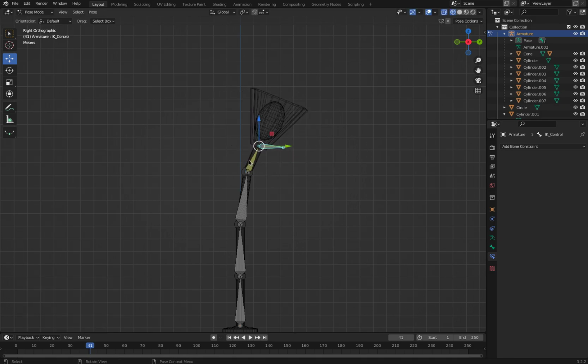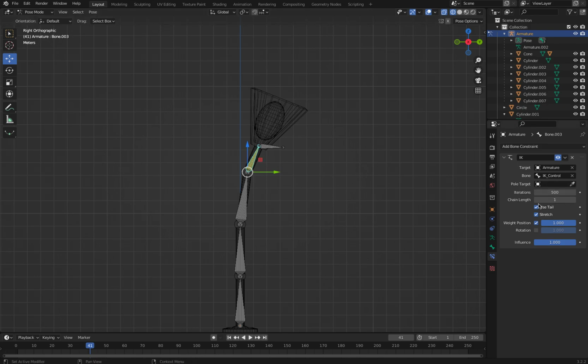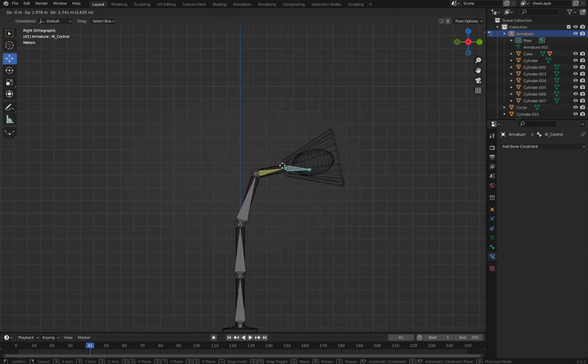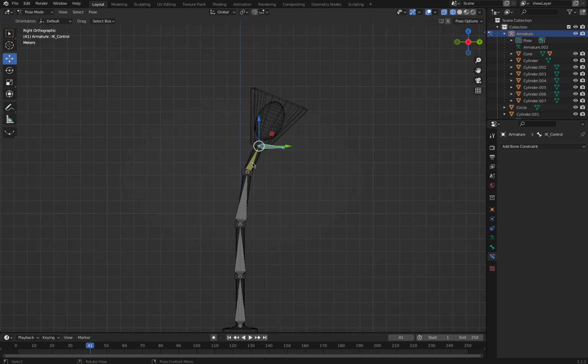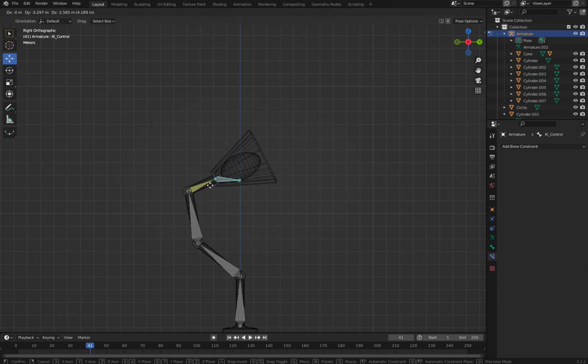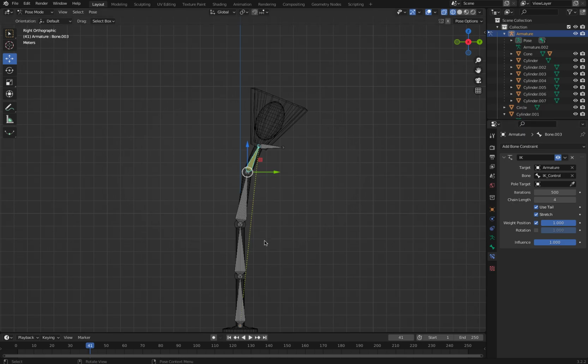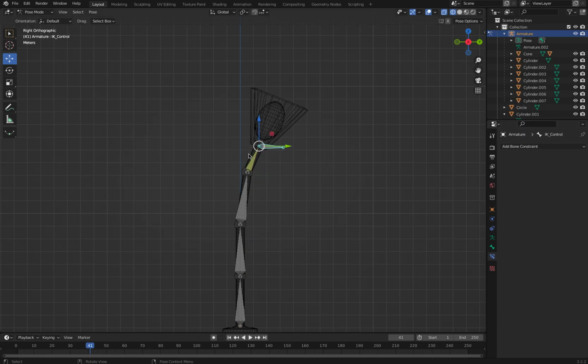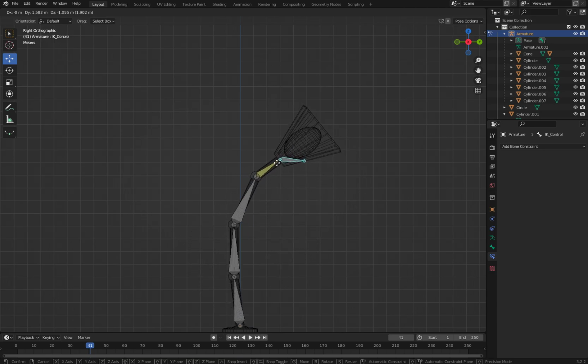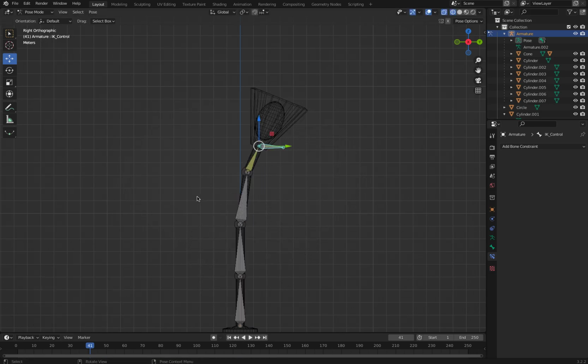It's controlling only one because I put that the inverse kinematics chain length is 1. So if I put 2, now I move this and it's controlling 2 bones. So let's continue that. 3, we'll do the 3. Yeah. And then as you can see, it's going to be a lot easier to do like that instead of rotating in forward kinematics one by one. So that's it, we have it, right? It's much easier. You can then animate this. So you just need to animate the position of this ball